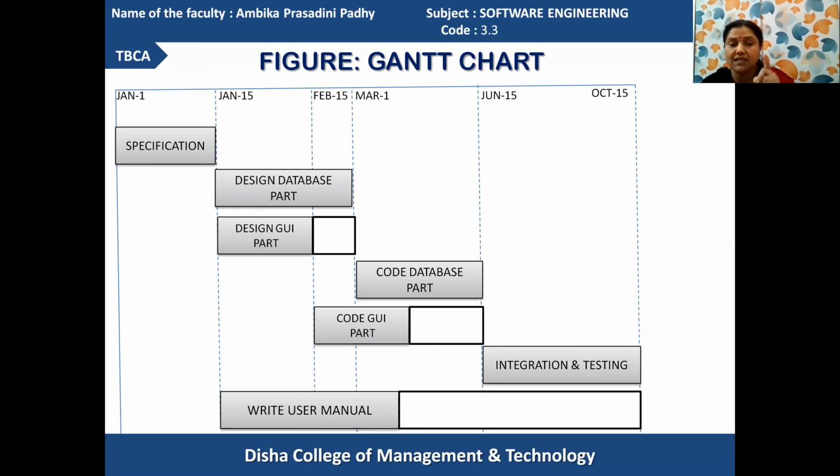The Gantt chart contains the timelines and the period for which the resource requirement is there. Got it? For each submodule's activities, you can know its time requirements and the actions to be carried out one after another. Here you have the specification action to be conducted. Then when the specification is over, the design database starts. When the design database starts, it has the longest time and resource requirement.